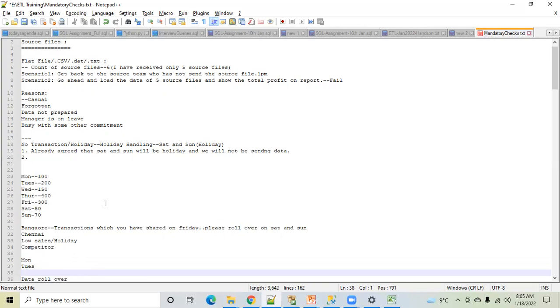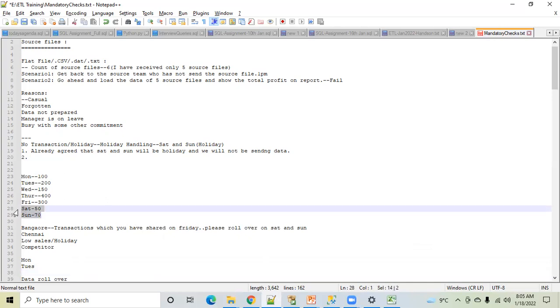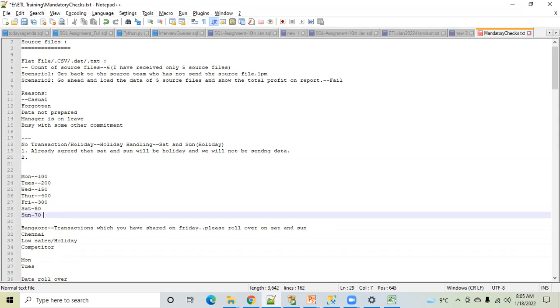Yes, clear. So this is specific to a particular retail project or business requirement. They might have set this requirement because you are seeing only this number, but after this they are doing some other calculations as well, like increase in profit, decrease in profit, and all those things. The business stakeholders are not that technical. So many times they will tell you to do the data rollover, and you should understand that if there is a holiday on a particular day, you have to send the data of the previous day. Is that clear?